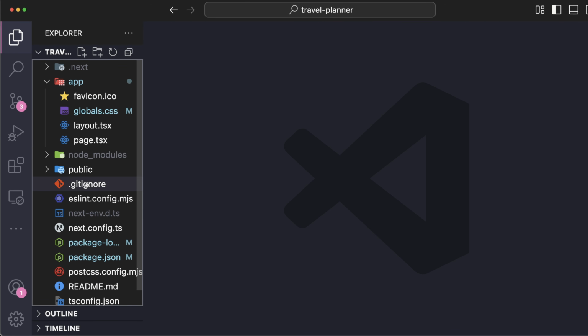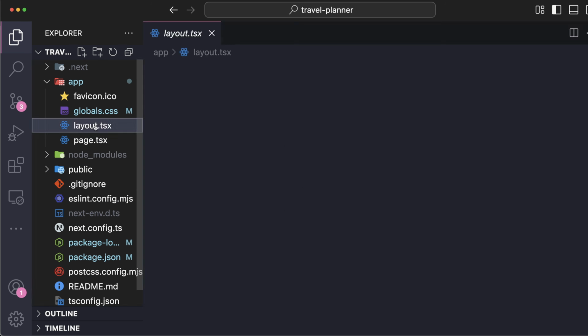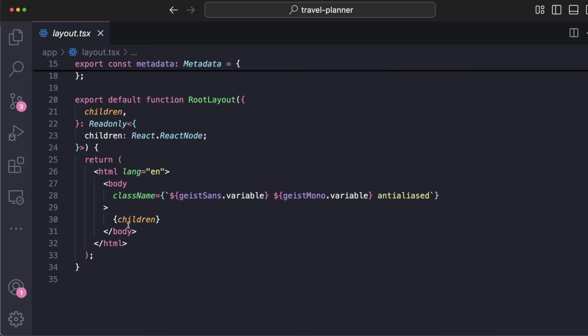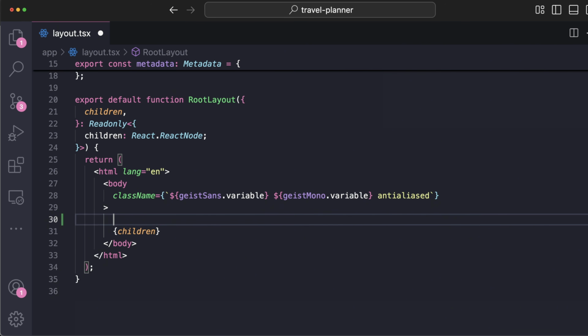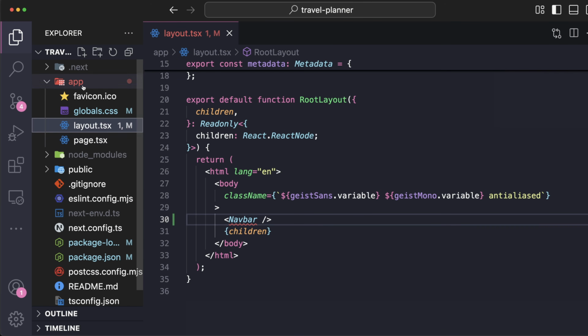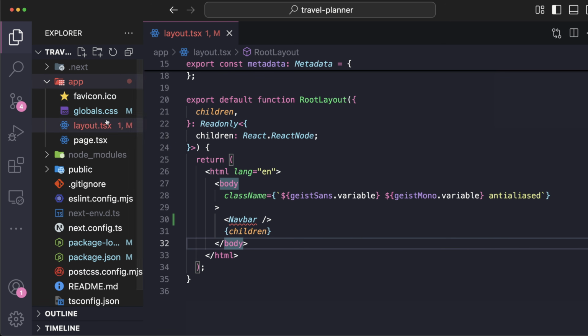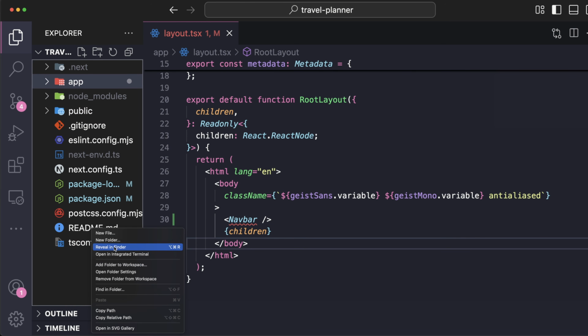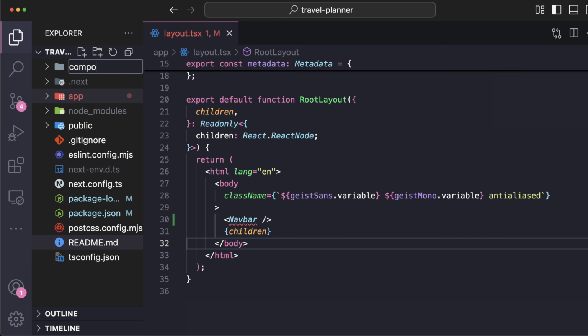So I'm going to come over here and we're going to go to our layout.tsx. This is obviously the root layout for our project, and it's a perfect place for us to add our Navbar, which is where we're going to be able to authenticate a user or not. To do that, I want to create a Navbar component, and I need to actually create that component. So I'm going to create a folder outside of the app folder called components, and in here, I'm going to create our